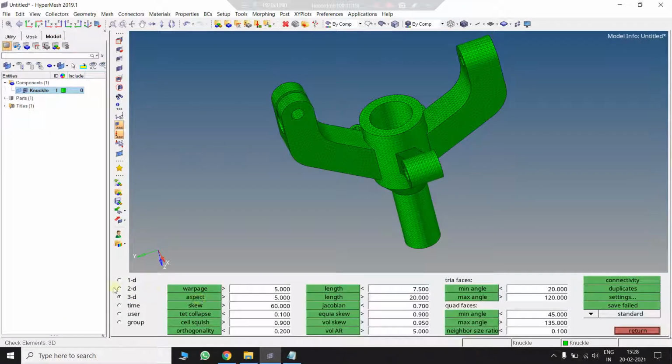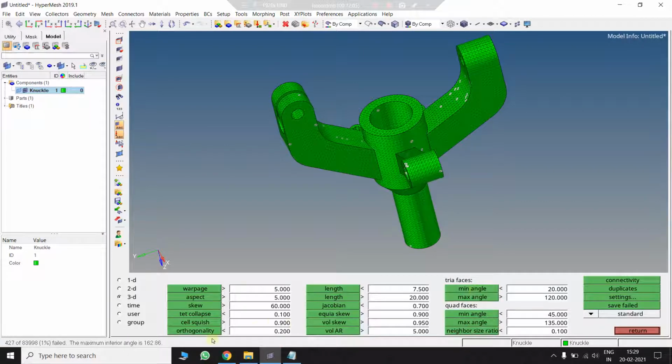And again, if you want to confirm there are no 2D elements, just press F10. F10 you need to press and go to the check elements criteria panel. Warpage, aspect. As we click all these options, we can see there are no valid elements on the screen. That means here we have no 2D elements. Now go to 3D. TET collapse. Okay, we have these many 3D elements, 83,998, and luckily none of these are failing in TET collapse or Jacobian. Other criteria also you can see,